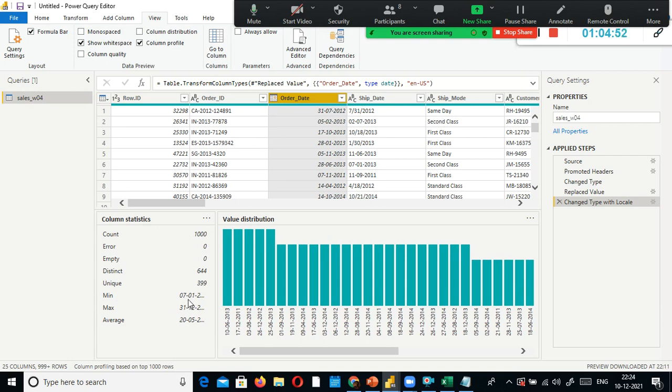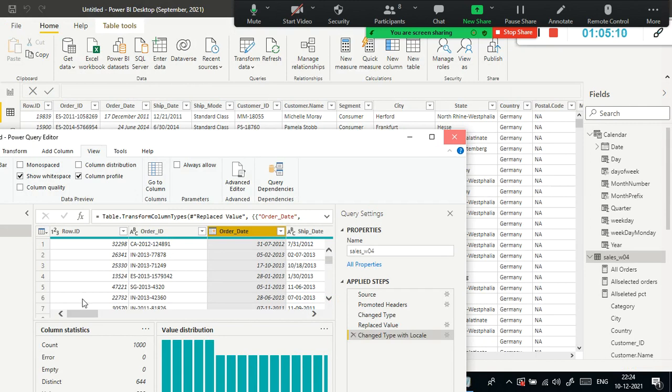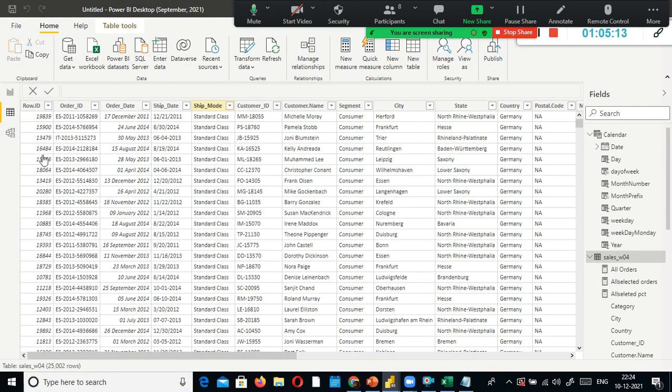So this is the minimum start date. This is the day when we started our business. You just think that way. Or this is the day when we got our first order. This is the most recent order date. That is what we can say. But in general, this is not the right way of doing it. For learning purposes, you can use this approach. If you use a different table, you can use this approach to find out the minimum date and maximum date manually, and you can go and set it. But the best thing is, if you have the fact table, order date is the column you are supposed to take into account to find out the minimum date and maximum date.